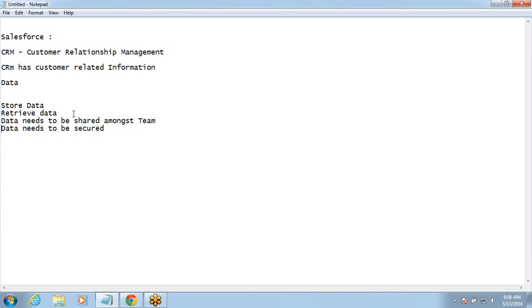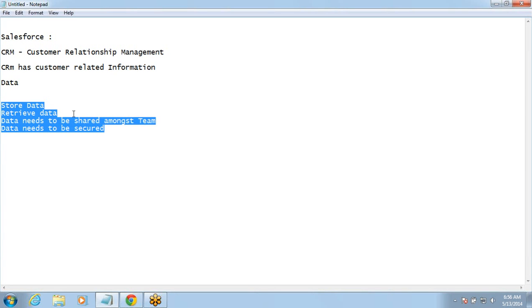Now, any company which wants to have a CRM has these things in mind. CRM is a part of every business. Any business, small, very small, mid-size, big, very big, any business has customers and needs a CRM. Now, if any company has customers, they need to maintain details of the customer. That is one. They need to maintain the contact information. They need to maintain